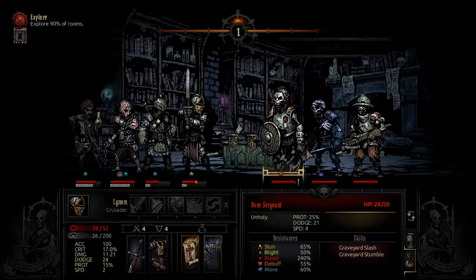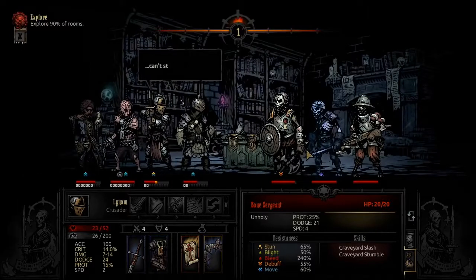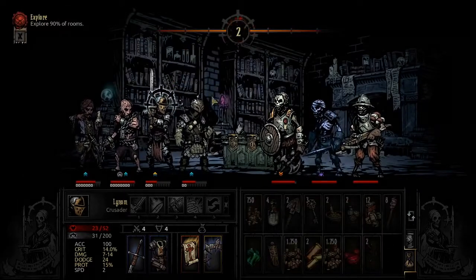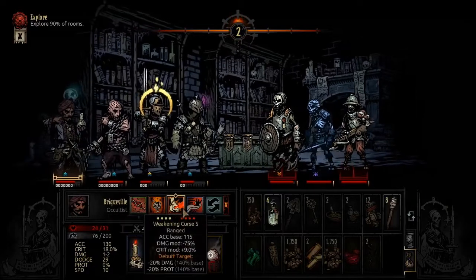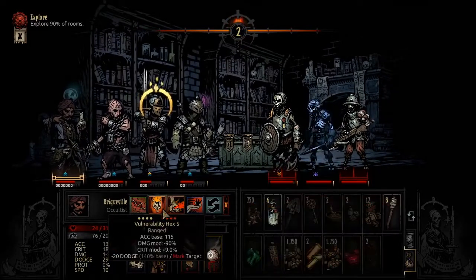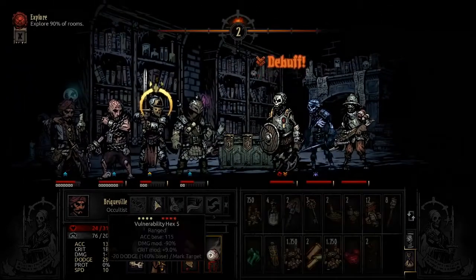Yeah, you can't use Quarrel every turn without being judged a little bit, let's be honest. Thou art judged is just a fancy way of saying, I'm sick of being shot with a crossbow. Knock it off. I'm actually going to risk one more Quarrel by using Vulnerability Hex on the shield wall, rather than healing